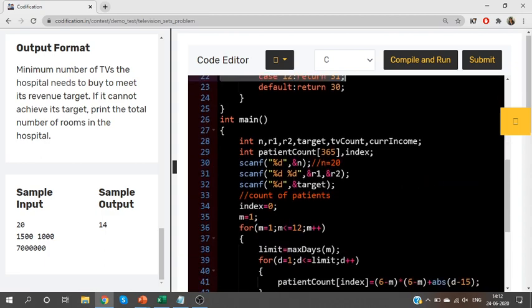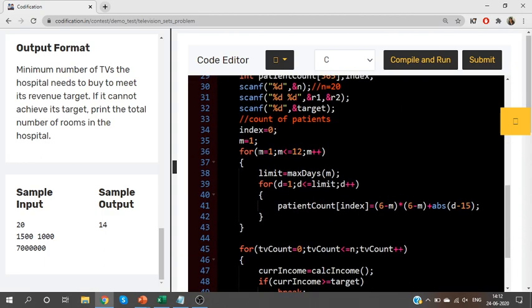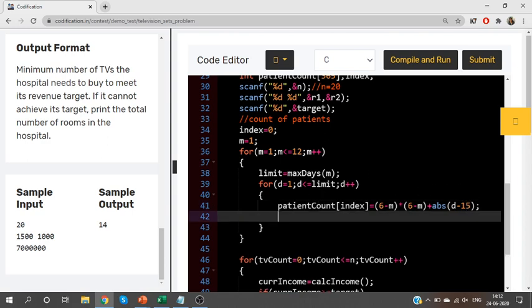Now if you look at the program, what are we doing here? For all the months, starting from Jan to December, first we will know the maximum days. That is, we may have 31 days, 30 days, 28 days. First we calculate the maximum days. Then for each day, apply the formula and get the count of patients. After storing the count, increment the index value, so that the index keeps moving to the next day, because Jan 1st is the 0th day, Jan 2nd is the first day, index 1. So keep modifying the index. This is to get the count of patients. I hope I made it clear.